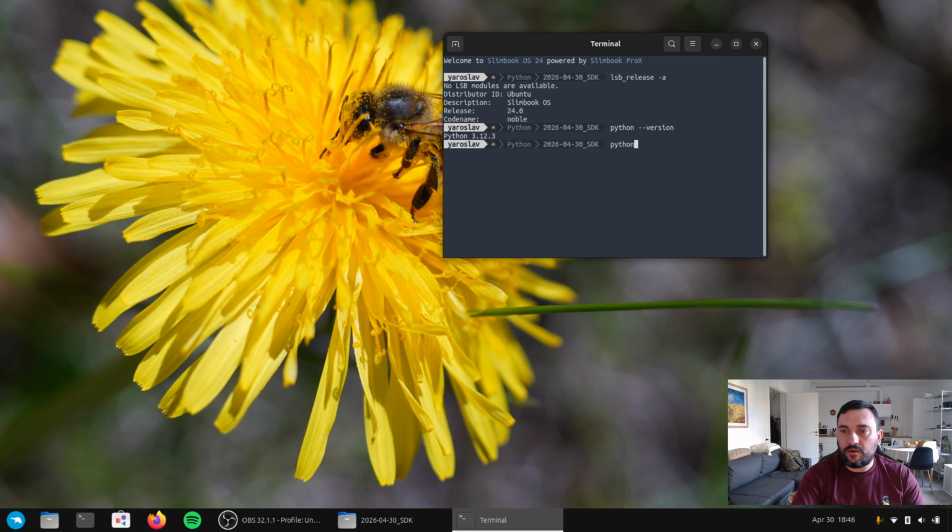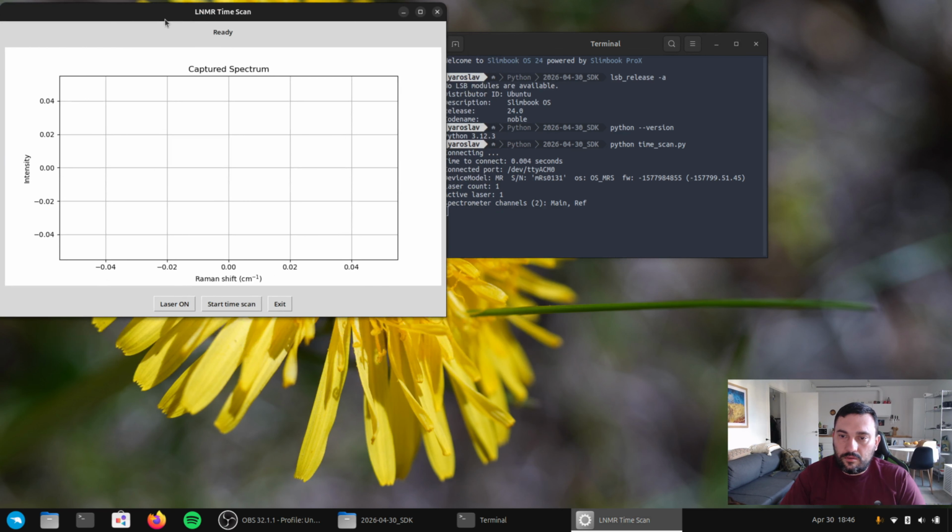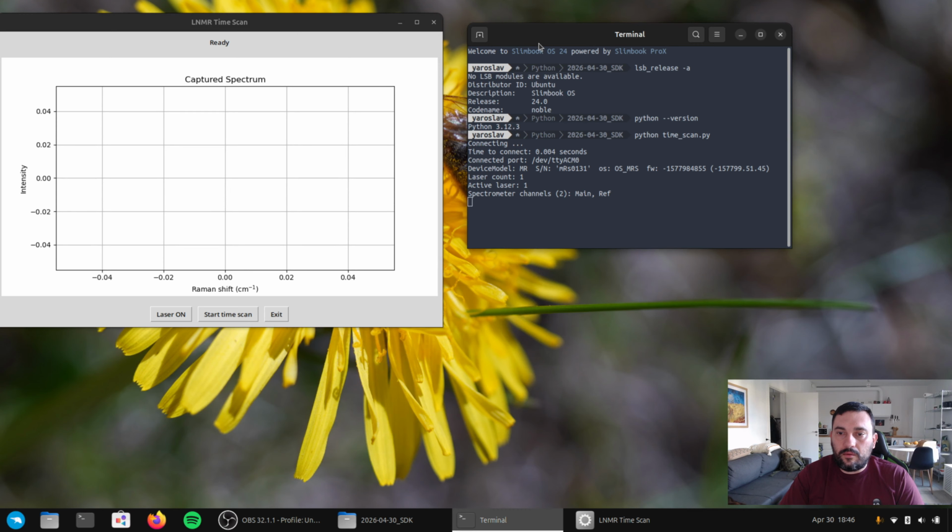So I start the timescan logger, timescan.py. At the moment the device has a middle distance probe and the Lightnovo standard polystyrene sample attached to it. So we start timescan.py, and you can see it launched the GUI immediately, and it